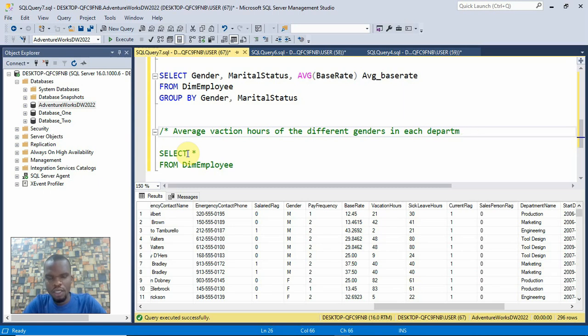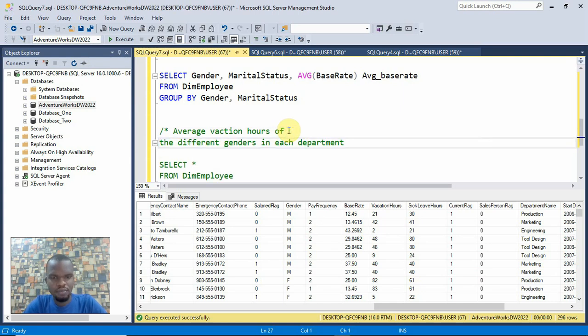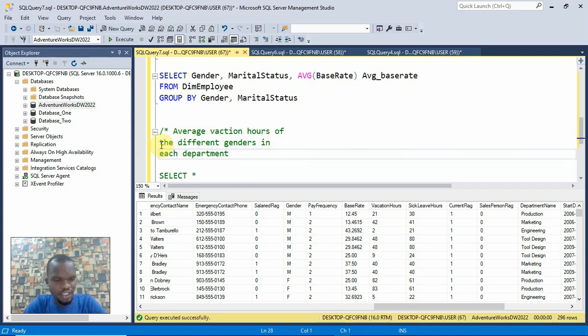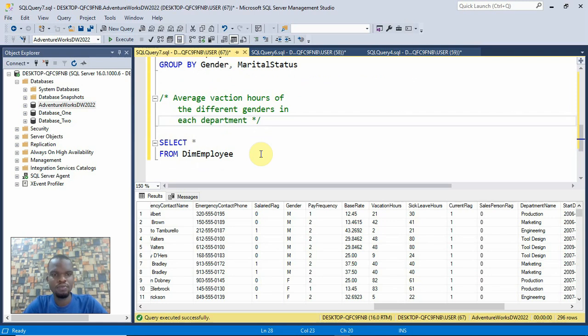So now you're seeing those keywords like each and different. Sometimes those are the keywords that can help you easily pick out what you want to do. So you have different genders, you have each department, so we want to group by